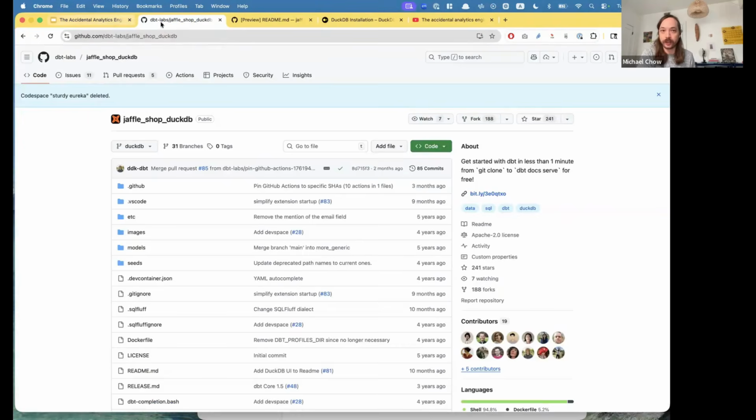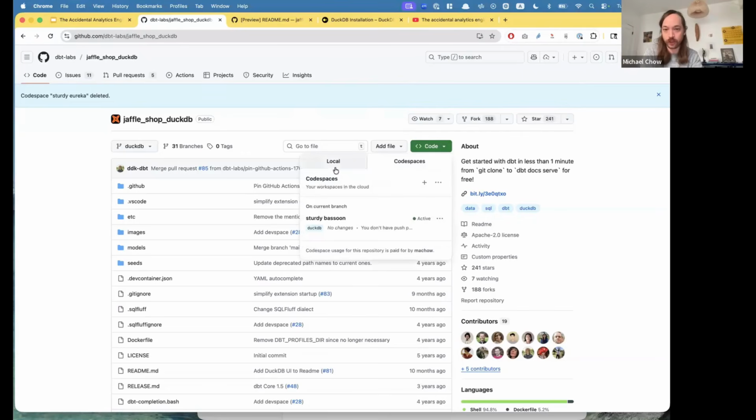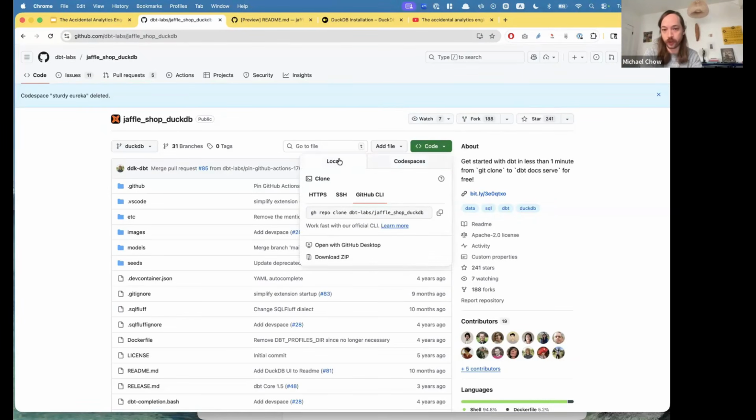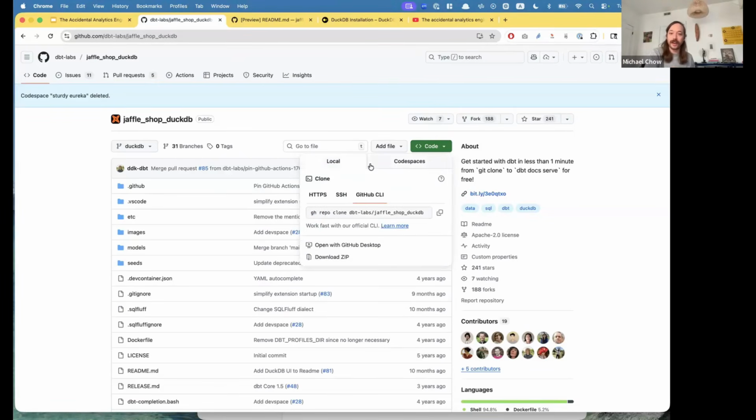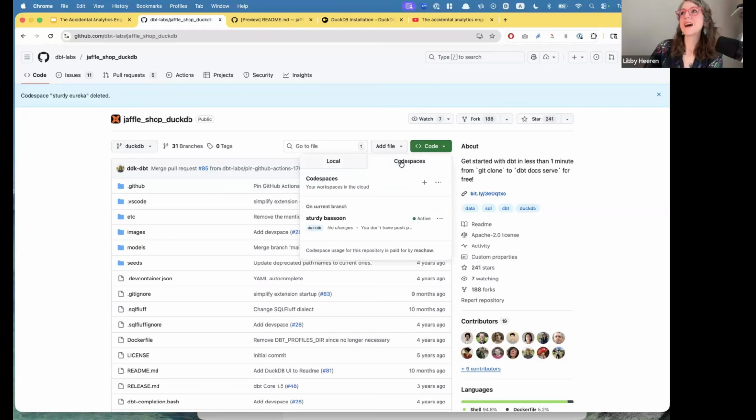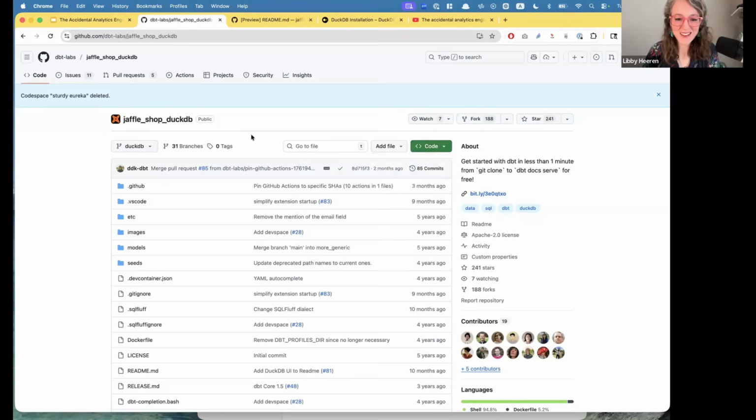I swear I do not have the button for the code space. You might have to log in, or they may have made it so you have to click. Can you show it one more time? Yeah. So if I click code and go to code spaces, click from local to code spaces. Oh, that's what I was missing. I just wasn't seeing it. I did have to log in. Perfect. If you couldn't find it, I'm sure other people had trouble, so I'm glad I'm not alone.